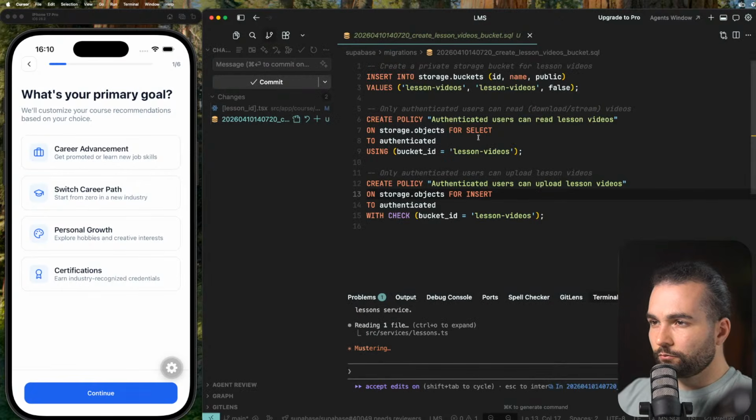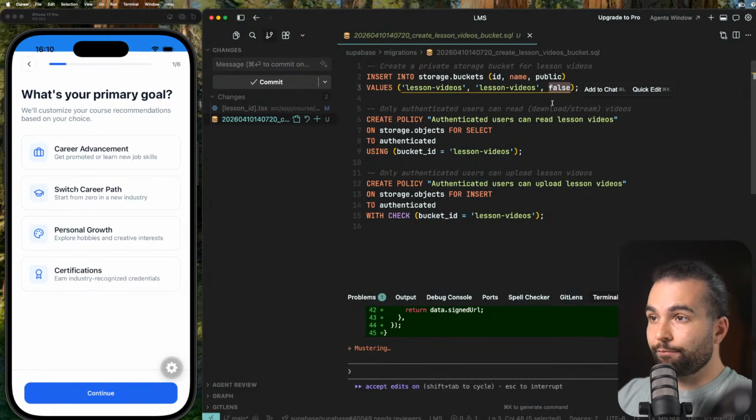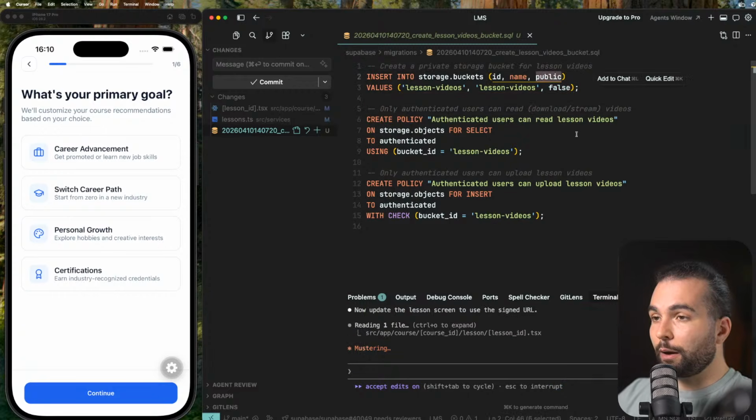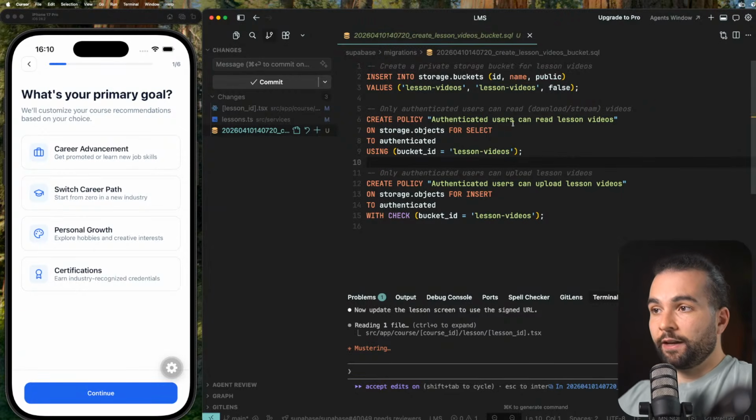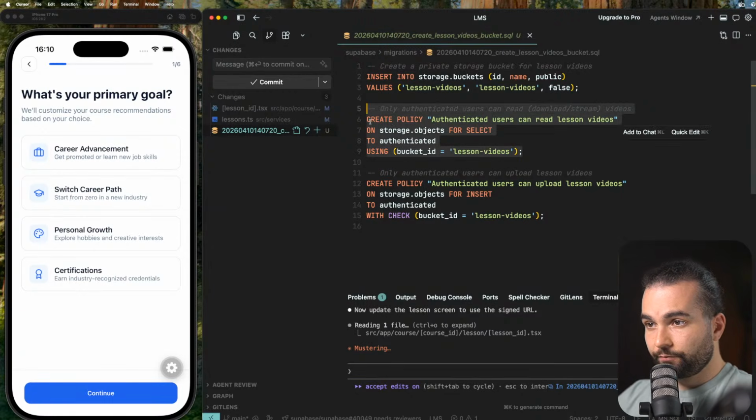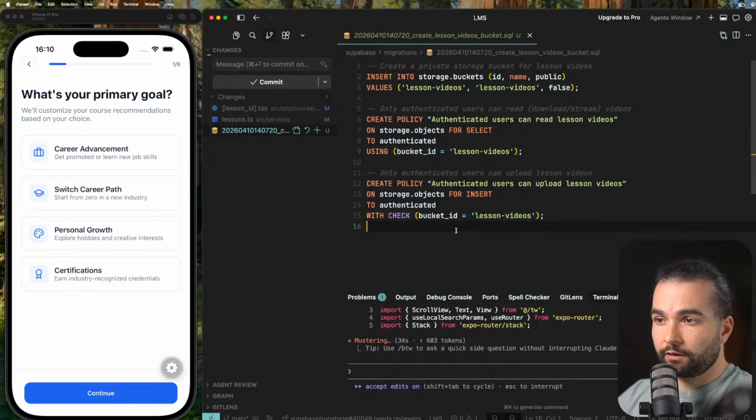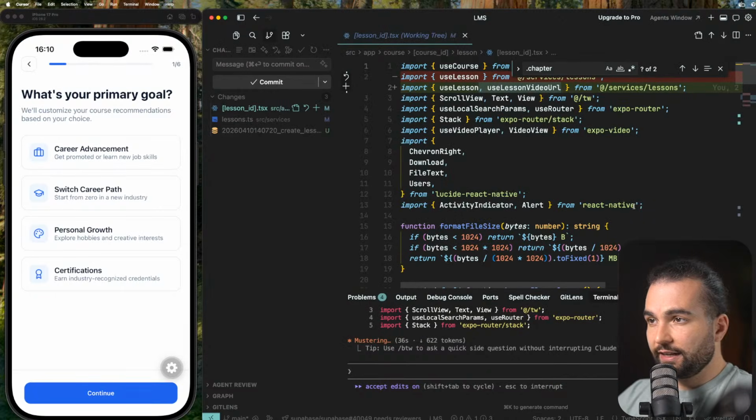So we see that it created not a public, a private bucket. Here false is saying public false. And then authenticated users can read lessons and they can upload lessons as well. In the lesson ID,